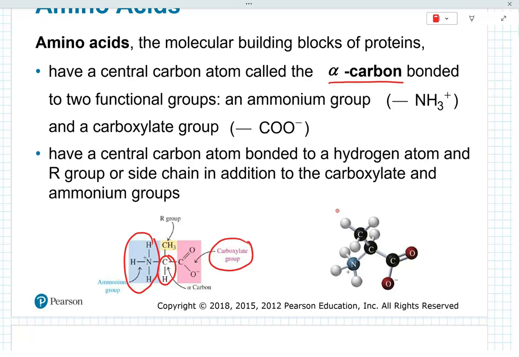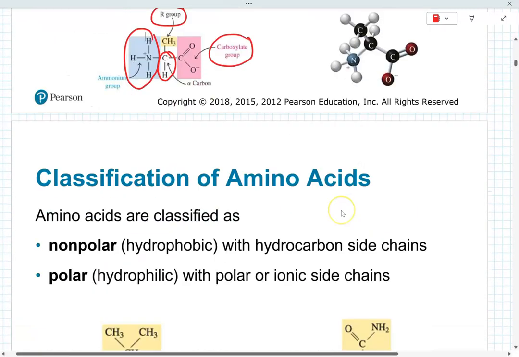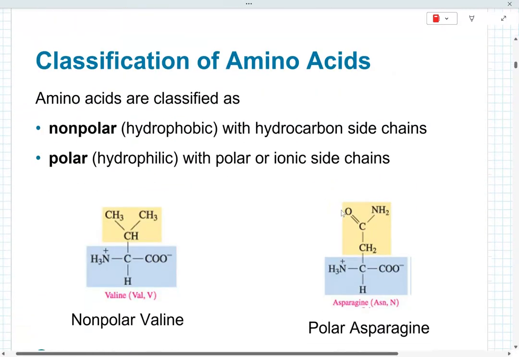And all of them differ because of the R group. So, since the only part of an amino acid that tells it apart from other amino acids is the side chain,